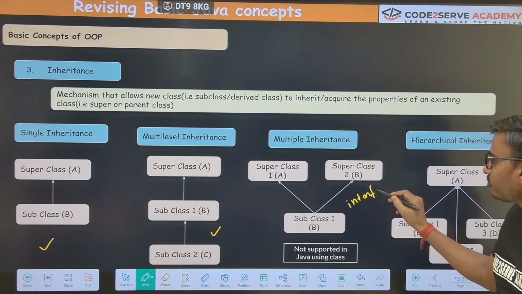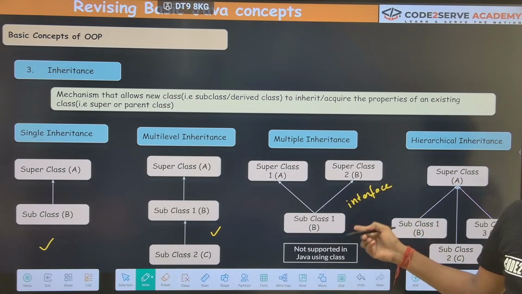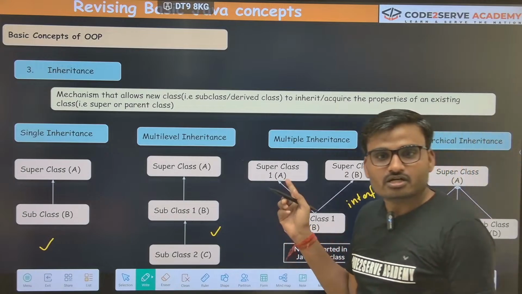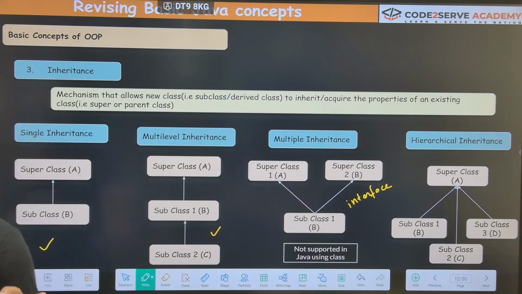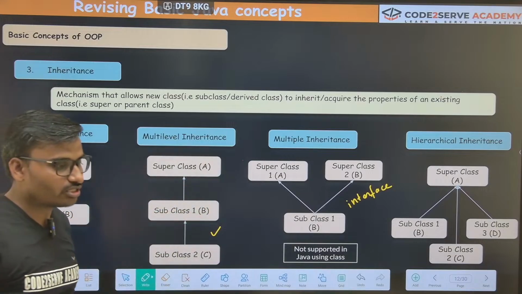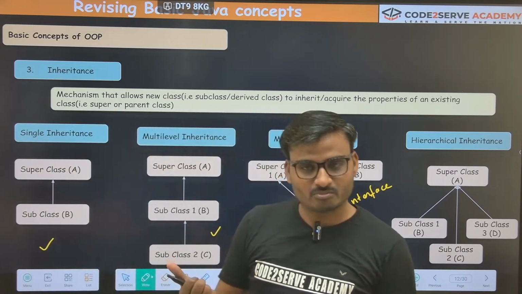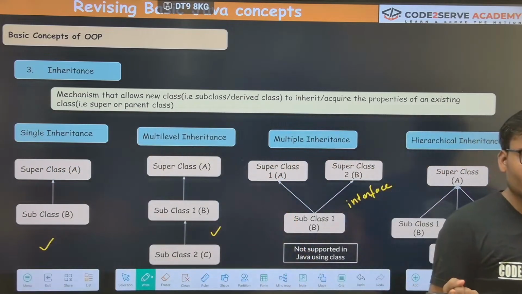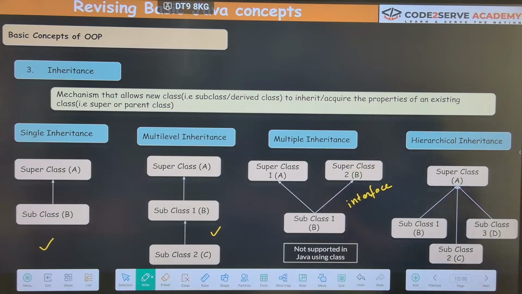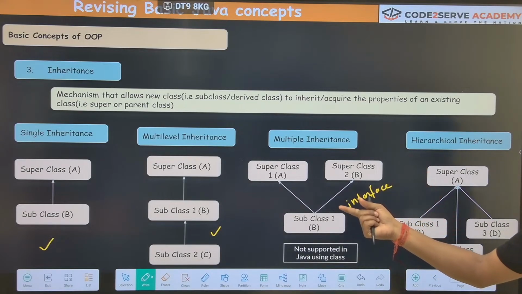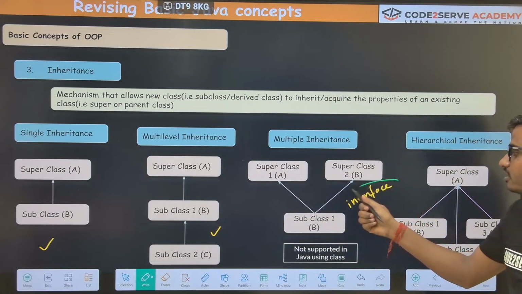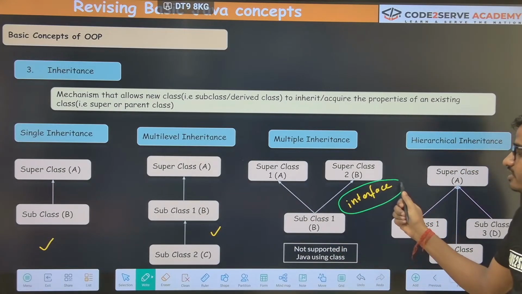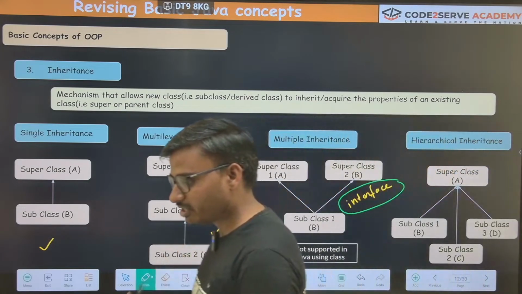Okay, you might have heard about this keyword interface. Have you heard? When you learned about data types, there are two types of data type. We'll be covering it in a later section. One was the intrinsic, that is the primitive. The second one was the non-primitive. In the non-primitive, we have interface, arrays, and classes. So there you might have encountered interface. If you have not encountered it, we'll cover it in the upcoming slides.